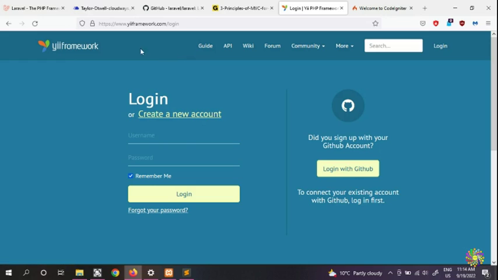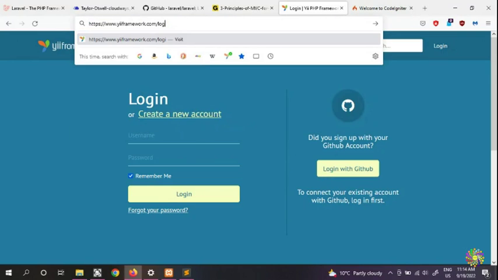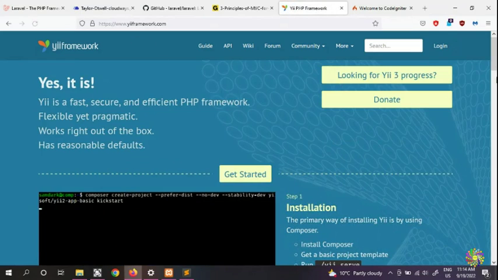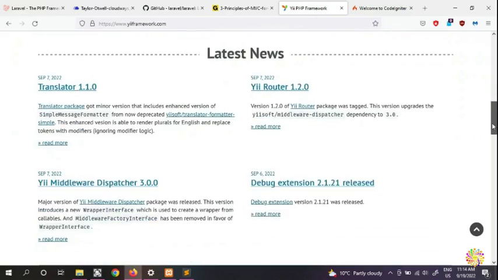Both of them are going to be very secure, and both of them are PHP frameworks. They're both PHP frameworks. But this video is about Laravel, it's not about the Yii framework. And as I said, once we finish Laravel, then we're going to start